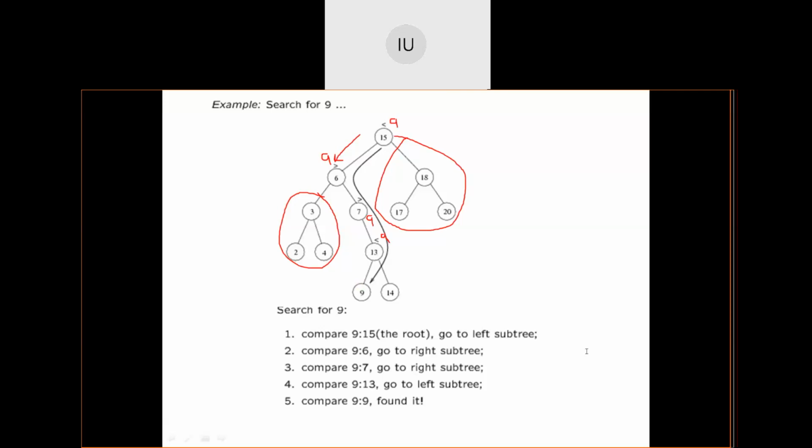150, 80, 20, 10, 30, 250. These are the elements with which you have to construct a binary search tree. So make it fast.